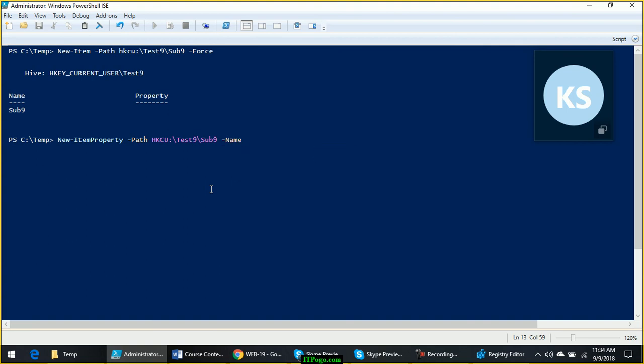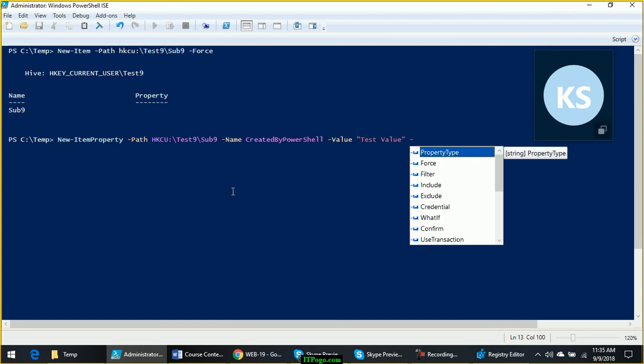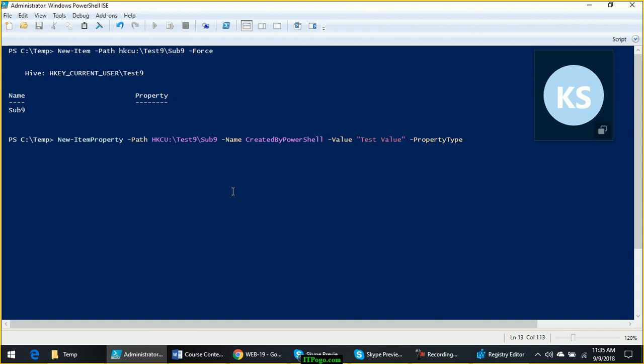Name of the item, I will give it any name, created by PowerShell, and the value test value, and the type. So in registry there are different types of registry items that you can create: string, multi-string, dword. So you can refer to the documentation for the remaining types. I will just show you a string.